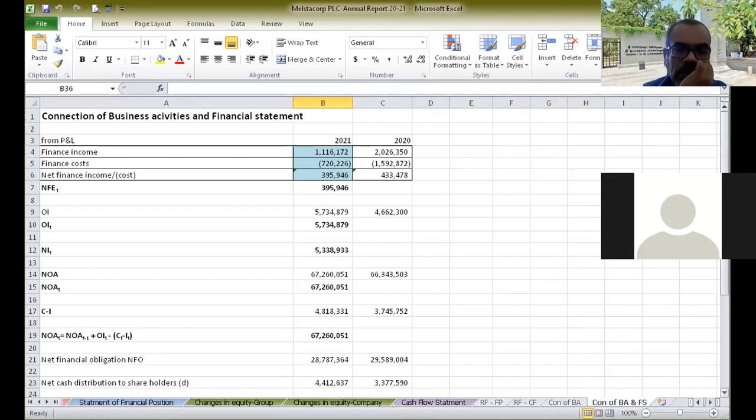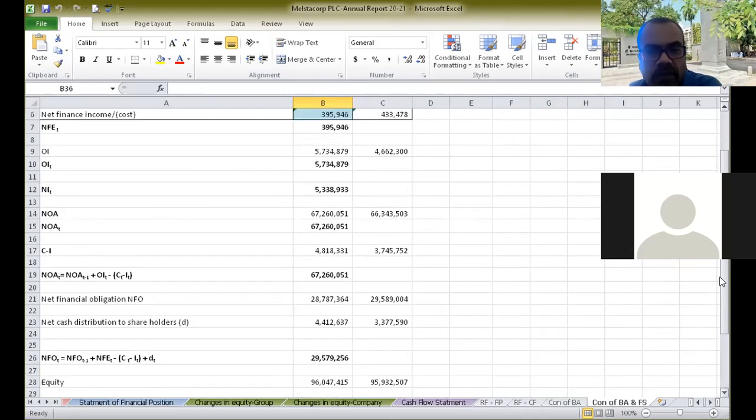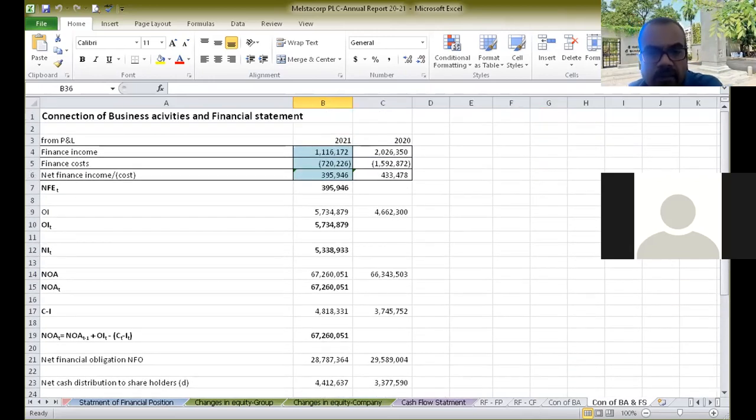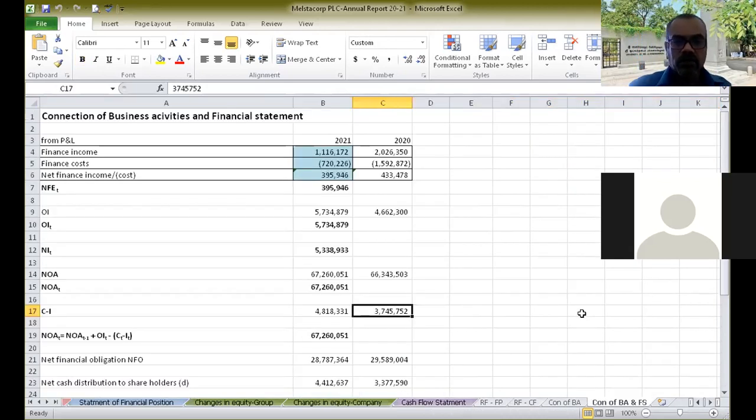There is some mistake. I can't find where it is. So just show me the difference. You can take the difference here, C minus I. Just go to the next column. I think this is not correct, because free cash flow. Okay, I can show you. Just stop the